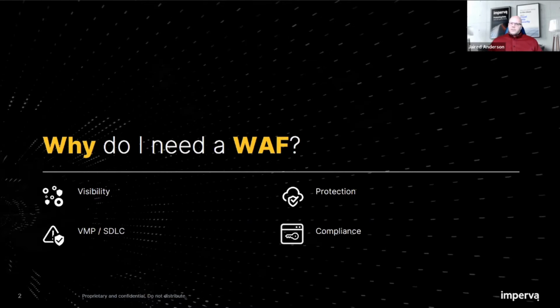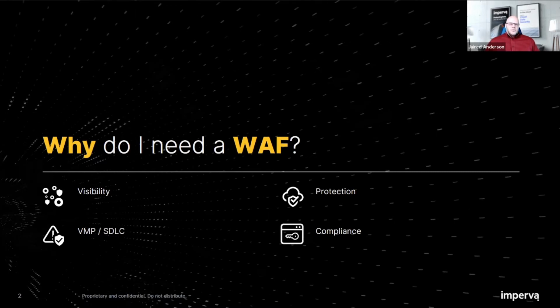The next thing you want to do once you can see all this traffic is you'll want protection against it. And that's where the WAF excels as well. So the type of protections that we offer range from misconfigurations on the server to 0 days to application flaws. We can also implement virtual patching.